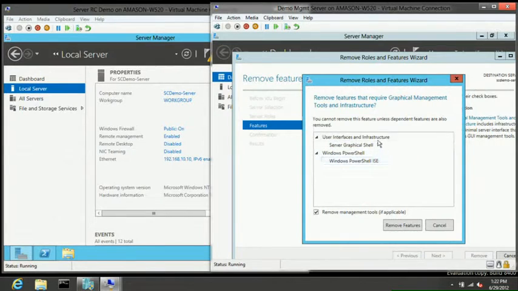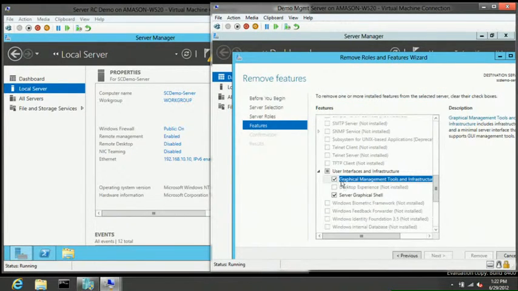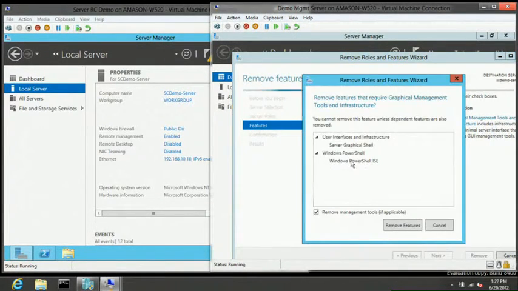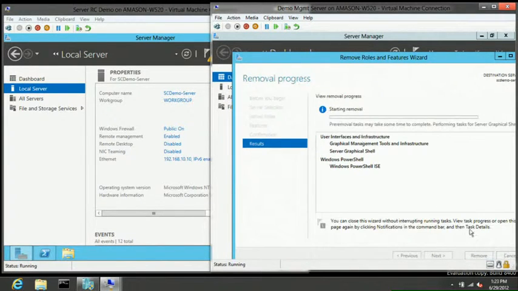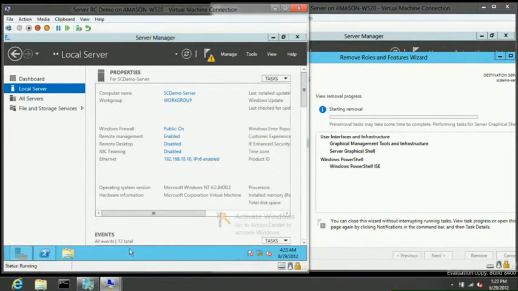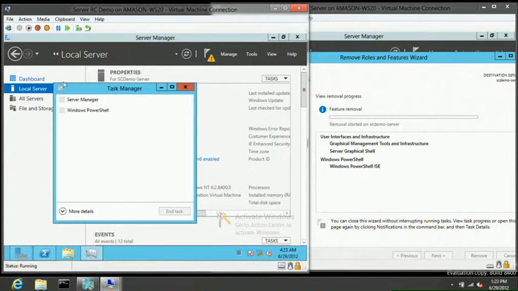If I tell it to uninstall, so what I did was I just clicked graphical management tools and infrastructure, and so it's going to tell me what exists above that depends on graphical management tools and infrastructure. So it's going to tell me it has to uninstall the graphical shell, and it has to uninstall Windows PowerShell ISE. So I'm going to tell it to go ahead and remove those, tell it to restart. Click remove. I'll go over here to start it on the other system and